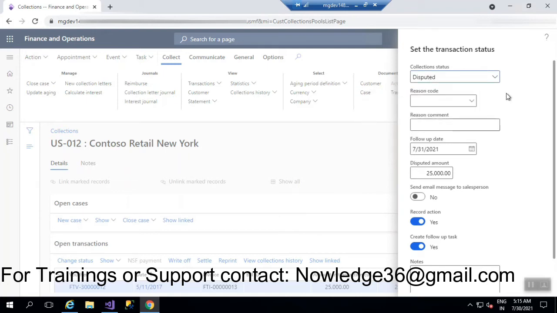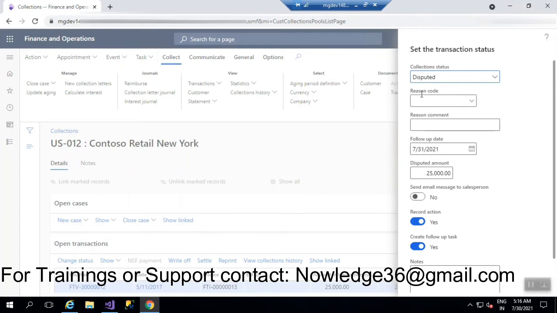Actually, I'm telling you once again. First we have to go to the credit and collections, and after that you'll be able to see aged balance. If you open aged balance, you'll get all the records. You can open any record that you want, and in the open transactions tab, you'll be able to see the change status. If you click on the change status, you'll navigate to the other form, that is set the transaction status, and you have to make this reason code a mandatory field. So this is the task actually.